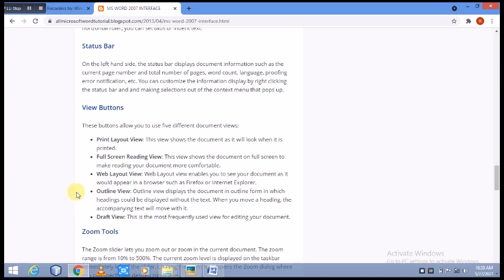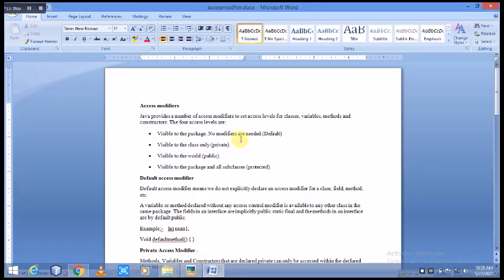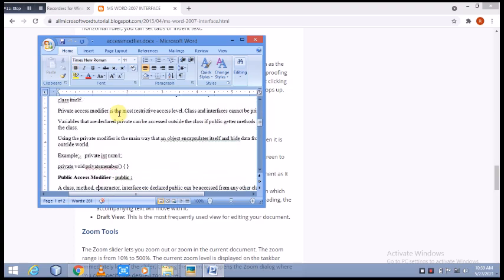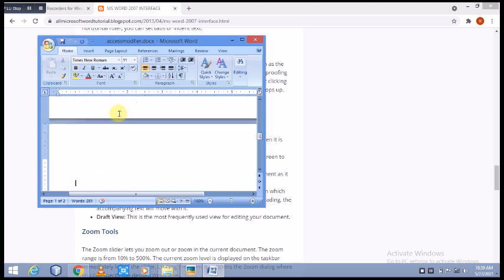On the left hand side, the status bar shows document information such as current page number and total number of pages. So let's see out here. Now you can see page 1 of 2, meaning the current page number we are working in, and the total number of pages, meaning only 2 pages were there, so it has been shown.